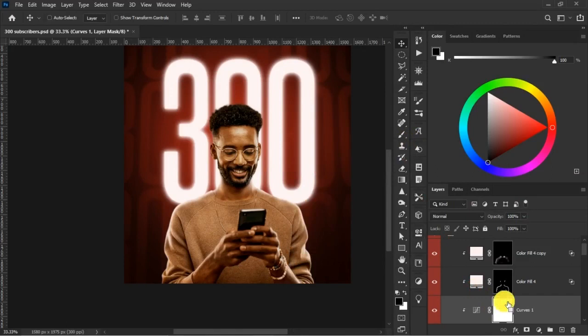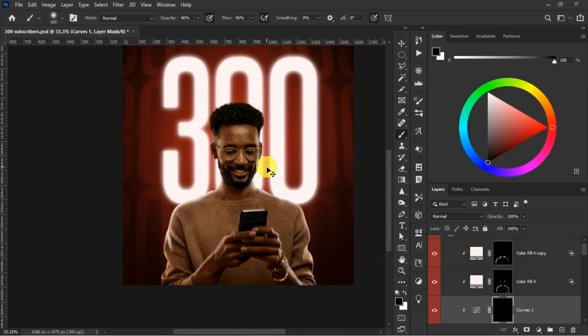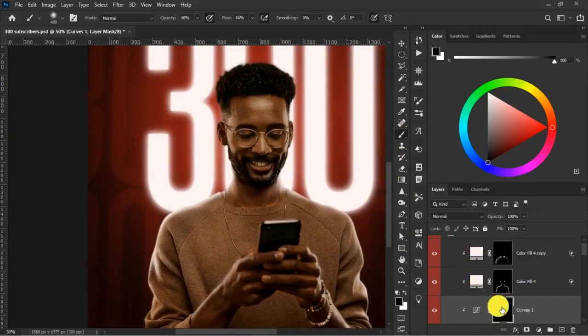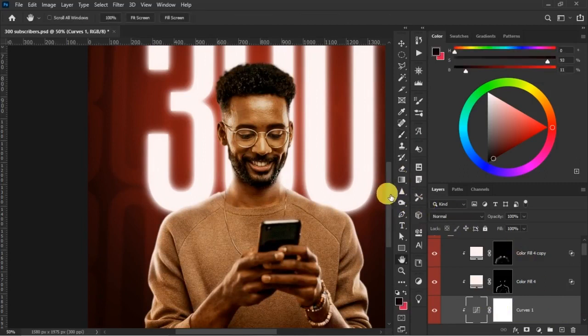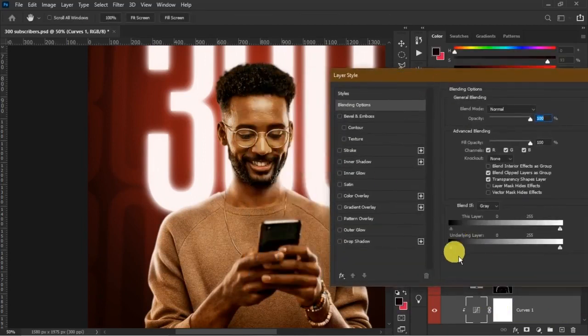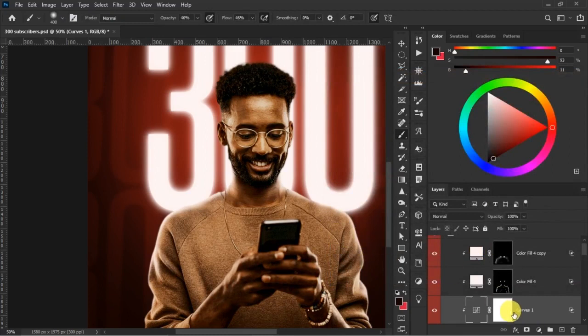Then Ctrl I to invert. Alright, so pick your brush tool, then zoom in. Okay, before we do that, Ctrl I to take back the number. We also split it so it doesn't affect our shadows. Just the same thing we did, we break down this slider so it doesn't affect our shadows, so it only affects the highlight. Alright, I think that's cool. So flip this guy